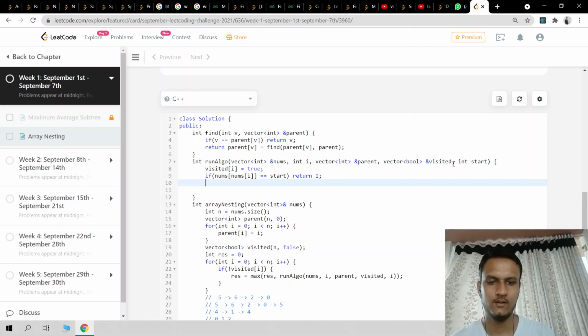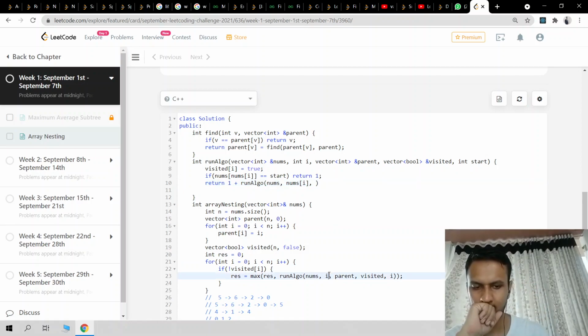तो हम क्या करेंगे, first call that 2 will give the answer 1 and I will give the answer 1, ठीक है? I will return 1 plus run algo and pass that nums. I will pass that i, not nums of i. Actually, I have to pass nums of i.